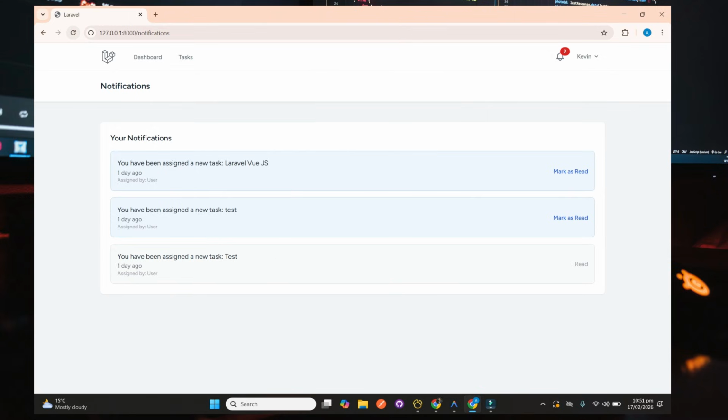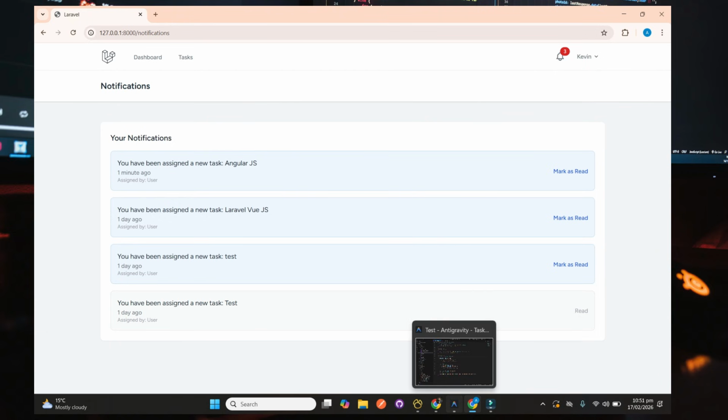So I open it and reload it, and now you can see this user has another task, and this is the task that we added. It is also showing me the time and assigned by user, and it is coming from the database. And also in the bell notification it is showing me the count of unread notifications here. So we can do many things with it, and also I'll show you from the